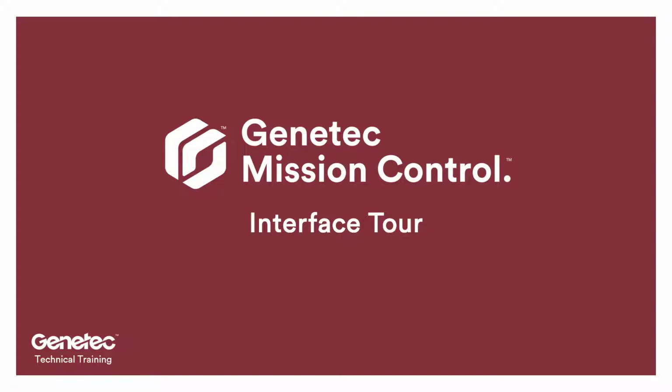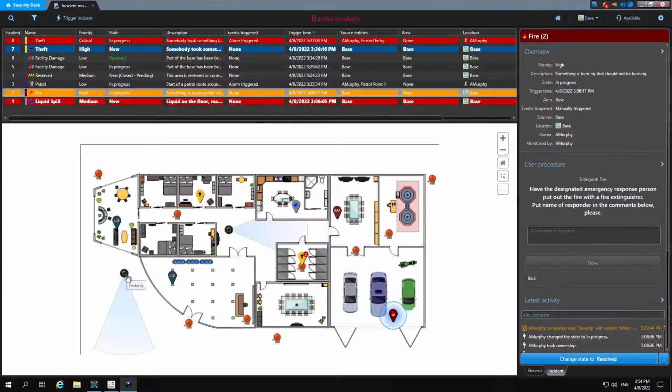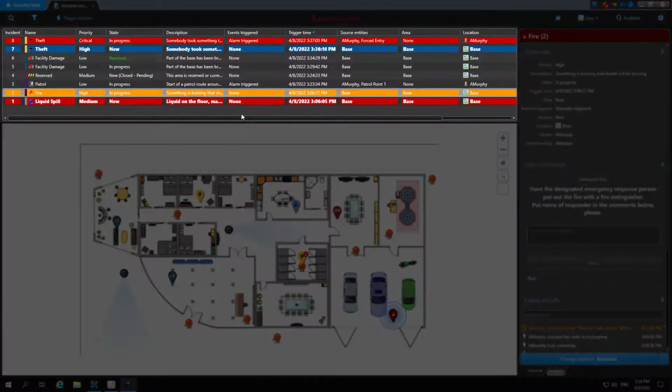Let's take a look around our Mission Control task to identify the different interface sections. We'll start out with the Incident Monitoring task, where you can view and modify active incidents and interact with Plan Manager maps. The three main sections of the Incident Monitoring task are the list on top, where you can see